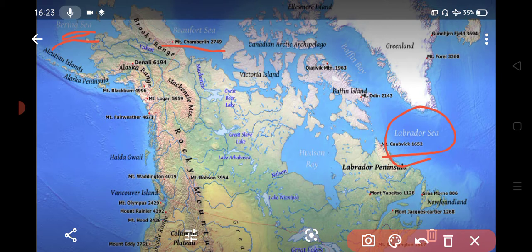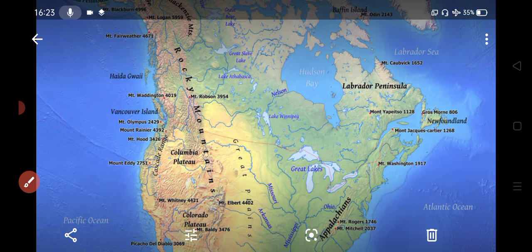The water bodies that surround North America are: first, the Pacific Ocean on the western side, and the Atlantic Ocean on the eastern side, and on the northeastern side we have the Labrador Sea, and on the northwestern side we have the Bering Sea, and on the northern side we have the Beaufort Sea as well as the Arctic Ocean. After these water bodies we should know the physical